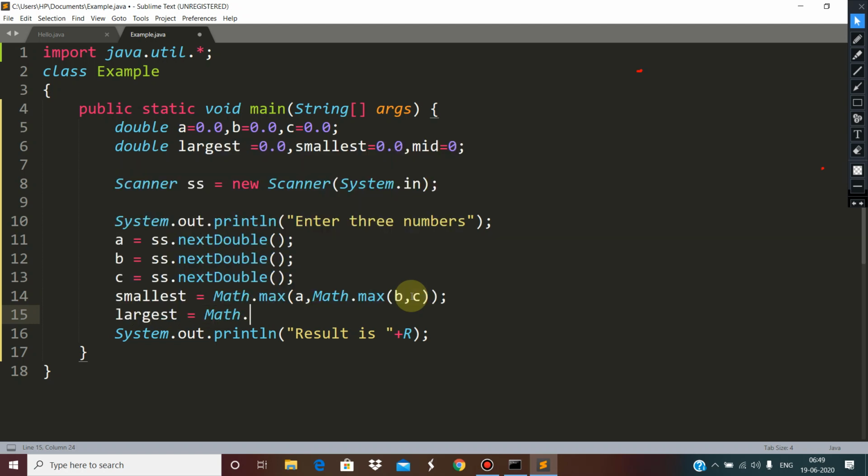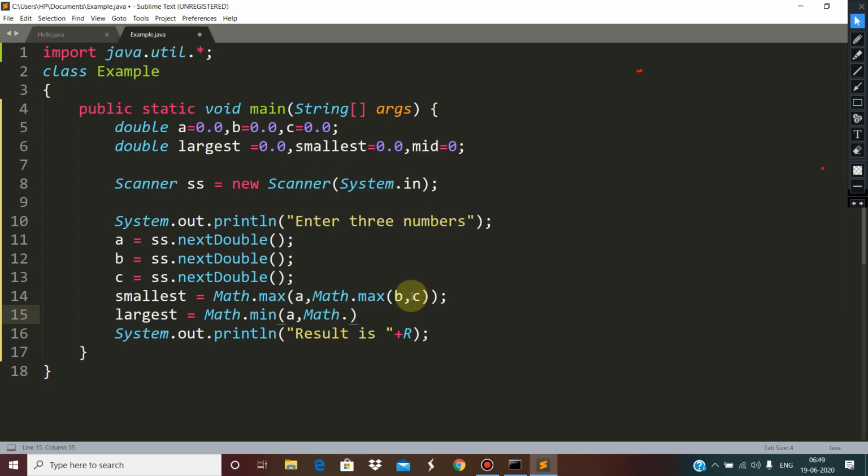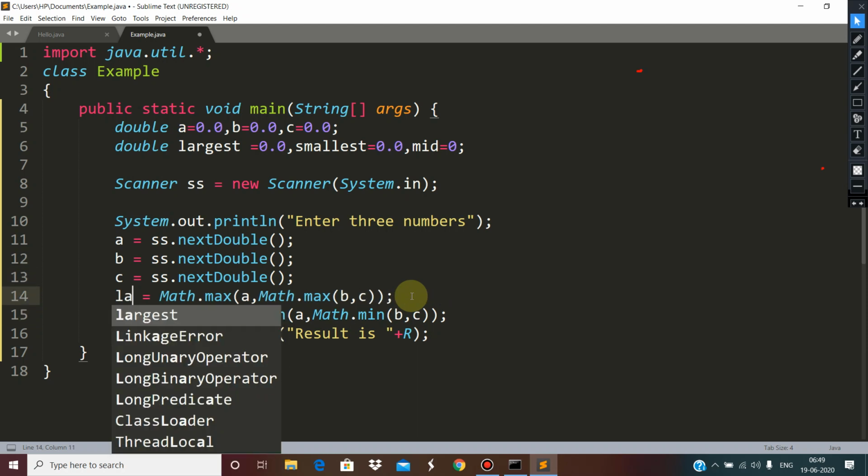Math.min passing a comma, Math.min passing b comma c. So here we write like this: smallest, and this is the largest.